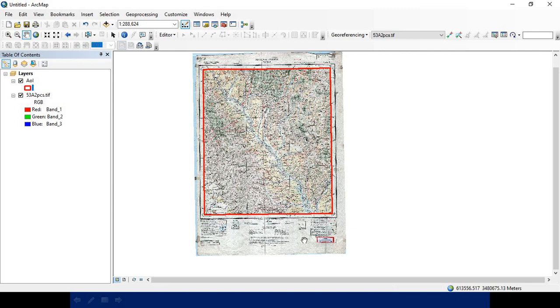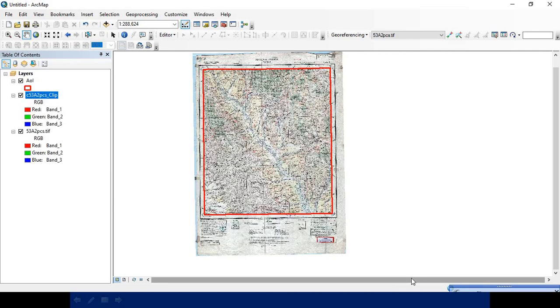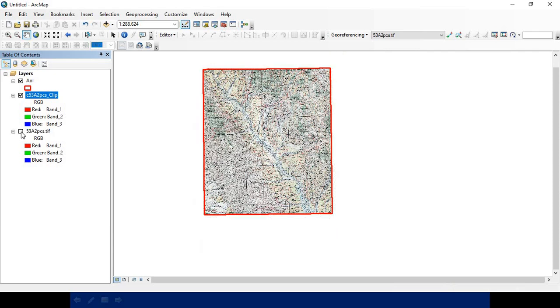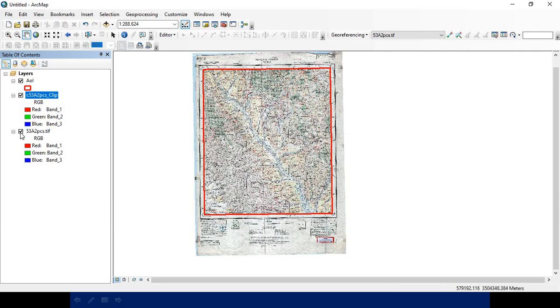A student of geography must understand all these basic and important functions in the ArcGIS software, which is very user friendly. Raster images are very voluminous, so it takes some processing time also. Here you will see that it has been added to your table of contents. You can remove the 53A2 PCS, and you will see that it has been clipped.